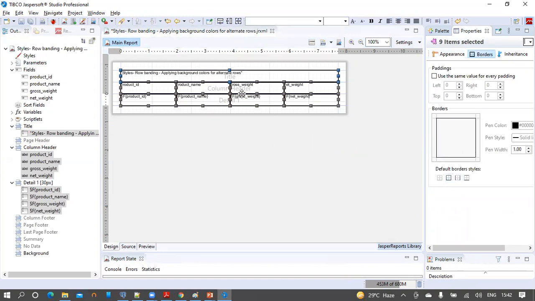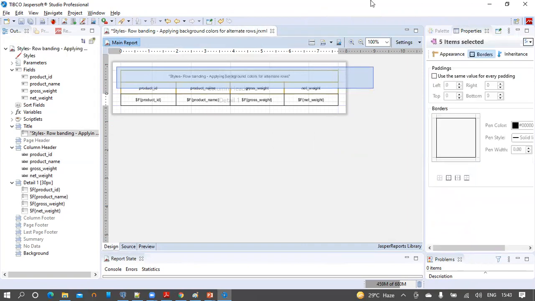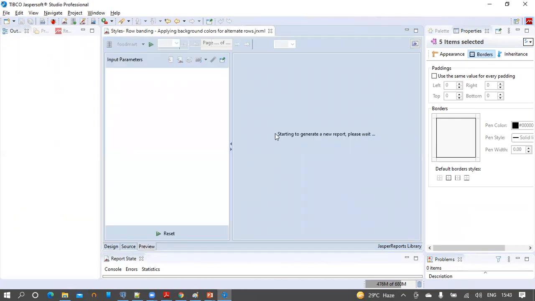Let's adjust the position of these text fields horizontally and vertically to the middle. So use these top utilities here. Let us bold the title and column headers and increase the font size a bit more. Save the report and let us run it by clicking on the preview button.